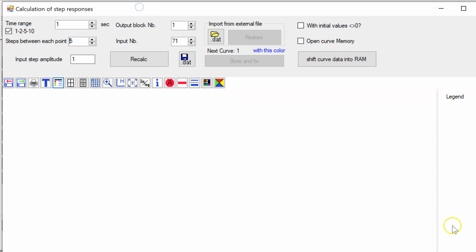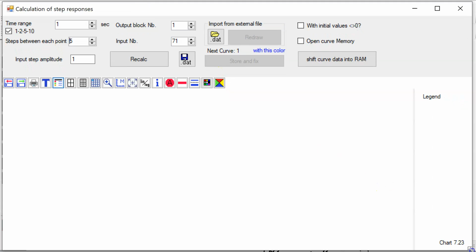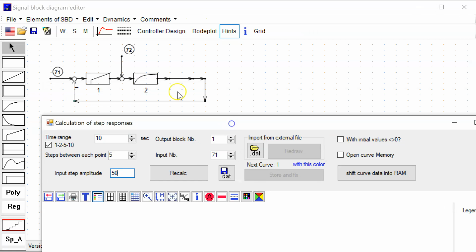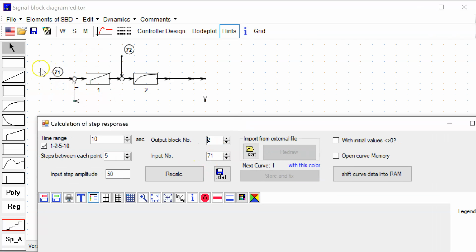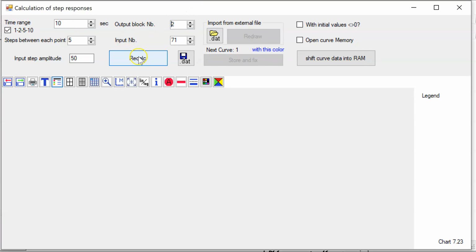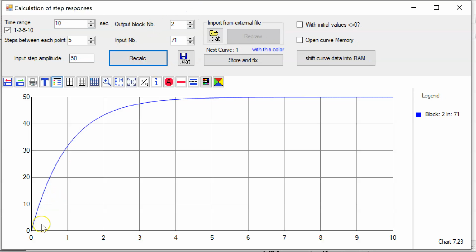Now look at my step response window. You see here the time range should be at least 10 seconds, I think. The input step amplitude for our reference step should be 50 kilometers per hour. The output of the block I want to see is, of course, the speed here, that is number 2. And the input should be the reference value 71. Here you can switch which input should get the step function. Okay, if you have done this setting, click on Recalc, and then you see